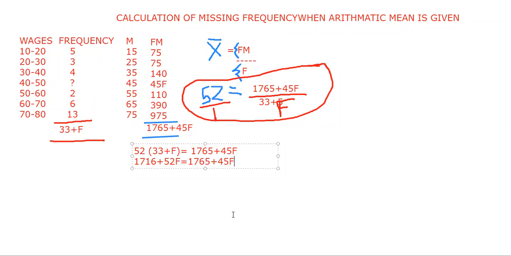Clear? Next step: f terms on one side and the other on the other side, a very common thing. 52f minus 45f equals